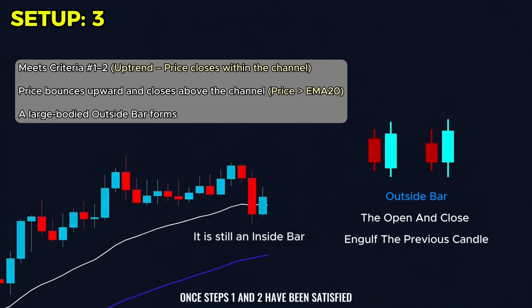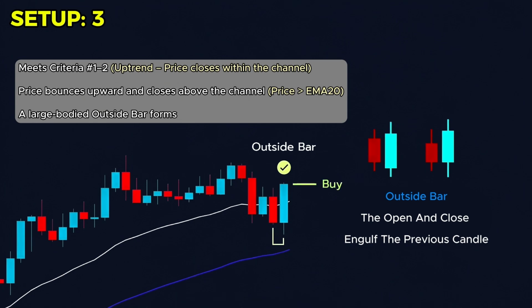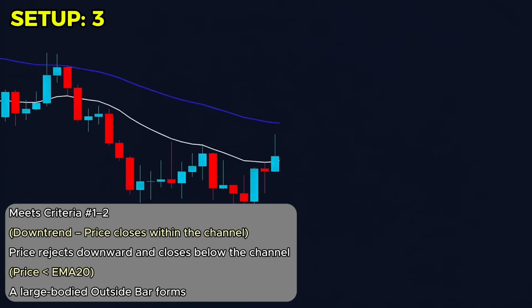Once steps 1 and 2 have been satisfied, we look for confirmation. We wait for either an outside bar or an engulfing pattern with a large candle body. In this chart, step 1 confirms an uptrend, and step 2 is satisfied because the price closes inside the EMA channel. Next, we wait for the price to bounce and close back above the EMA 20 while forming a valid outside bar. For an outside bar, the second candle must have a wider opening and closing range than the first